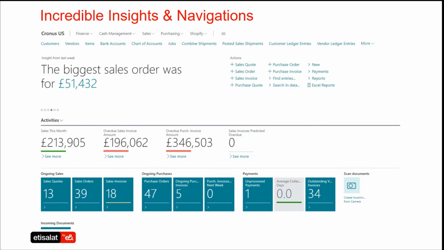The system gives you a lot of insights about that particular organization. For example, you could see the biggest sales order was so and so, which gives you important information about your organization. What are the key activities going on in your organization, and you get a view about it.